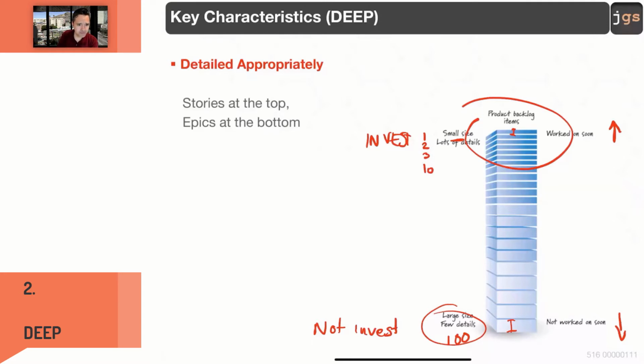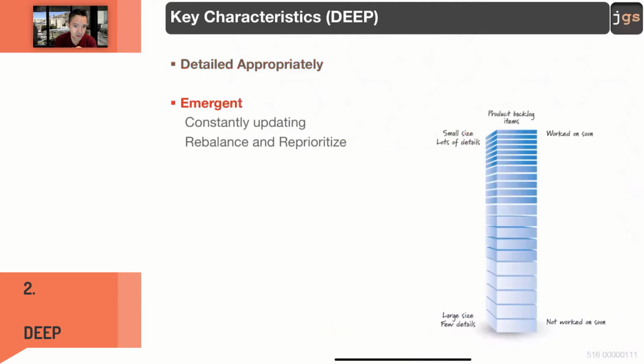Okay, so levels of details, the things that are stories have a better level of details at the top. Epics, usually the details are not there yet. We need to work top down, stories and epics. That is something that we expect in the product backlog. Moving, emergent. Something that you do with the product backlog, and we need to talk about the different people involved in an